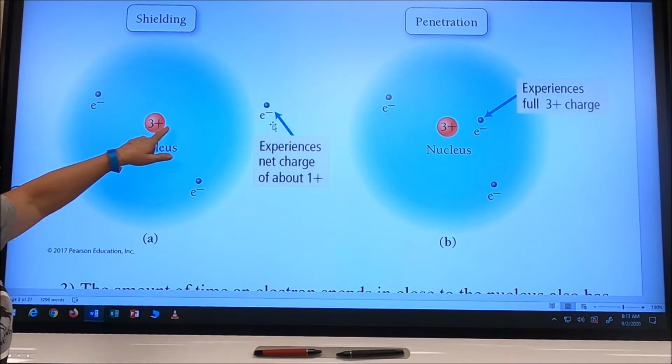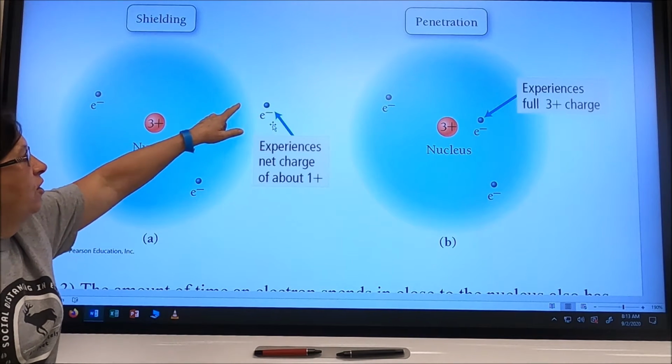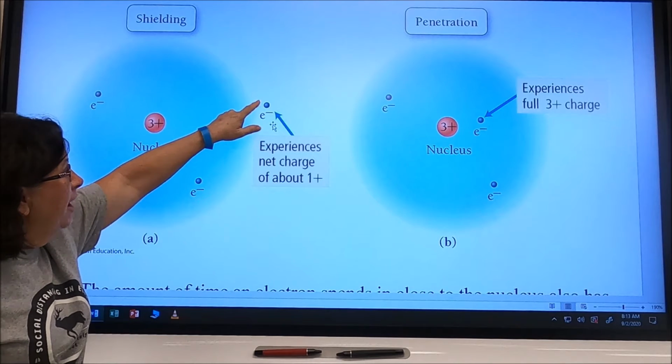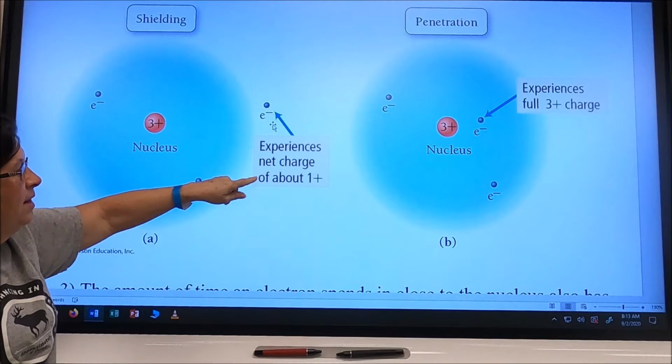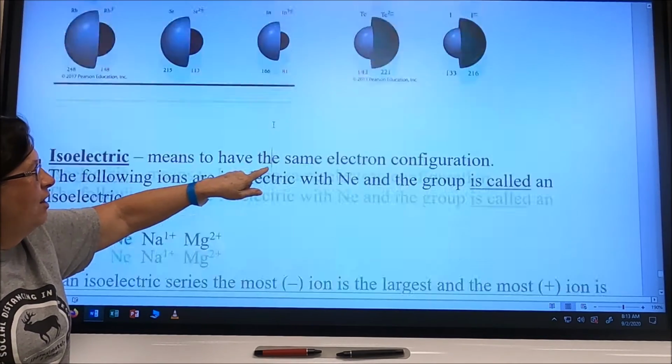Because it interferes with the interaction with the nucleus, this electron's experience of the nucleus is reduced. In this diagram, it says that the net,